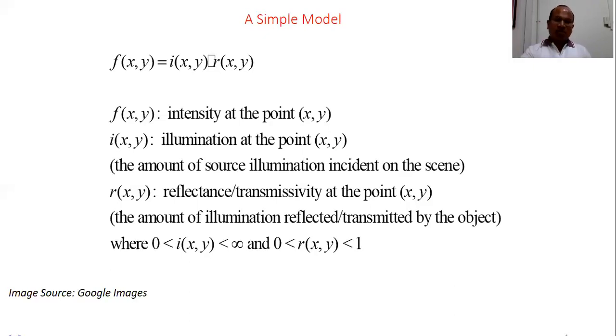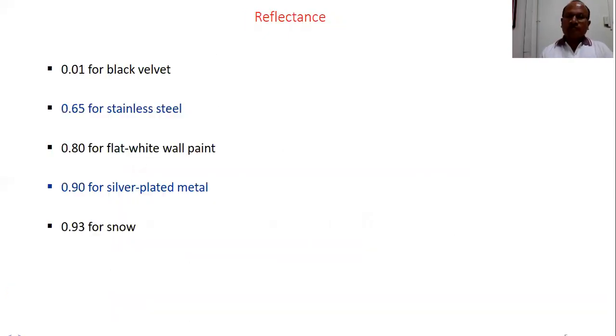If the whole amount of energy is reflected, the object looks white. And if no amount of energy is reflected, the object looks black. So this is the basic definition of an image as a signal. An image is considered as a signal which has two components, illumination and reflectance. An image can be viewed only because of the reflectance component.